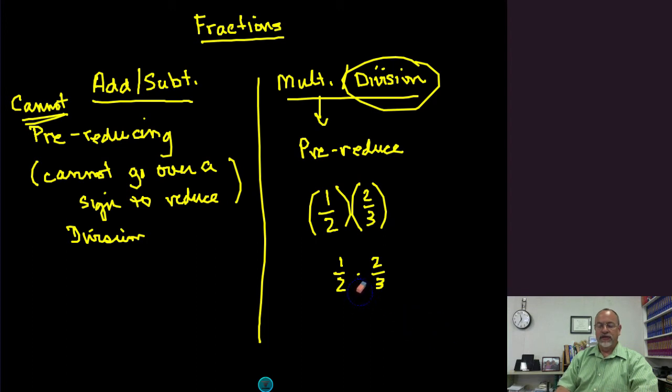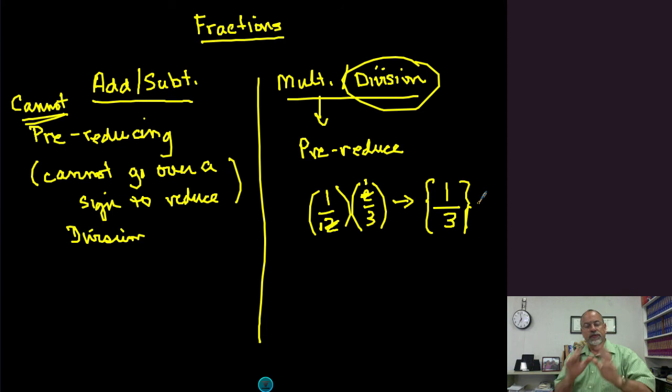I also don't like to use the dot because if we're dealing with a number here and another number, it could look like a decimal point, so I don't want to use that. So I use parentheses only to indicate multiplication. So because this is a multiplication problem and I don't have to jump over a plus sign, minus sign, or division sign, then it is okay to reduce this to a 1 and reduce that to a 1, and then we can multiply our fractions. Numerator times numerator, 1 times the 1 that's left here now, and denominator times denominator, 1 times 3 is 3. So this would be my answer.